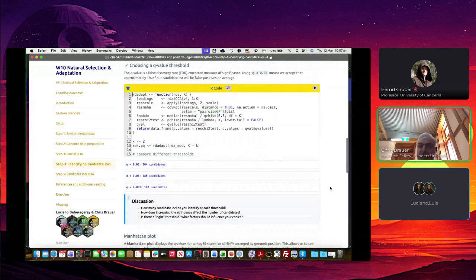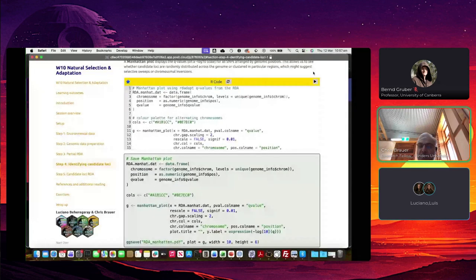And then the final code that I had was just, you might want to have an idea about, well, how are those candidate loci distributed across the genome? Are they all concentrated on 1 or 2 chromosomes? Or is it a more even spread that people tend to interpret as sort of consistent with polygenic selection? So if we run that code,